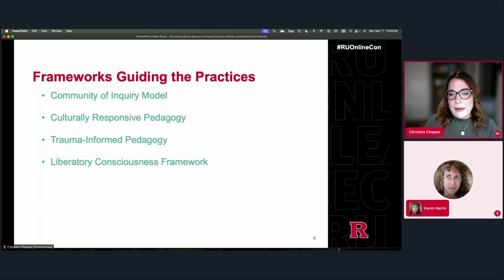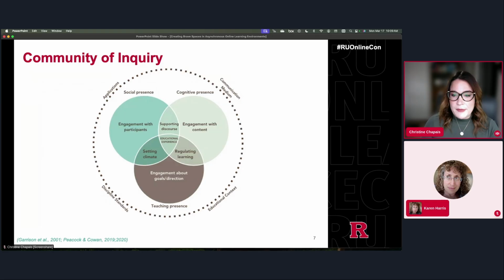All right, so the frameworks that are guiding these practices, I'm sure many of you are familiar with, and that is the community of inquiry model, culturally responsive pedagogy, trauma-informed pedagogy, and the liberatory consciousness framework. And I'm just going to briefly go over some of these to tell you how this looks for us. So the community of inquiry model or framework, it's commonly used in online education, and it's comprised of three